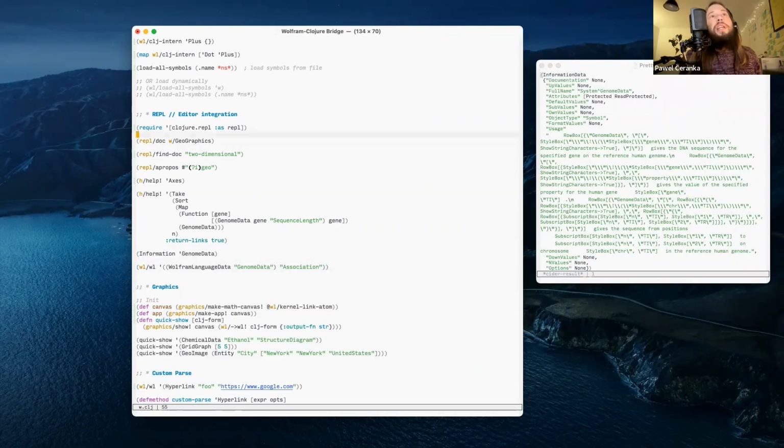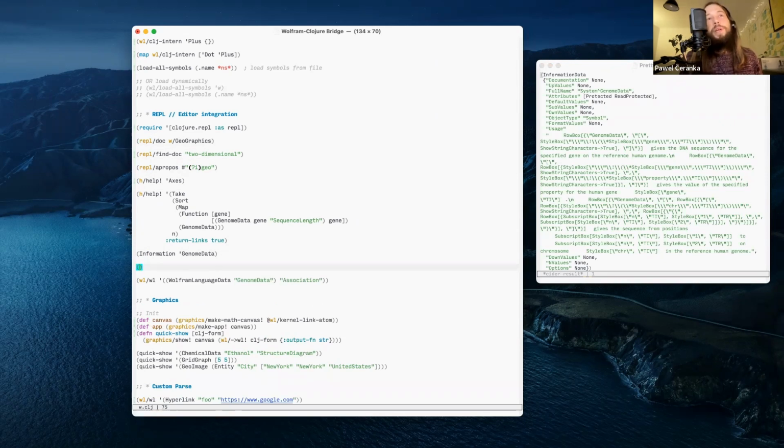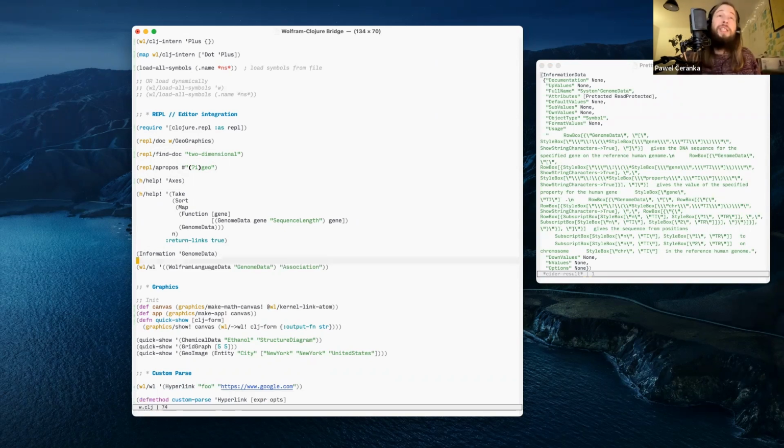Maybe that wasn't clear, but this is a Wolfram language function, because it is now part of this namespace. The cool thing is that they use a different case, Pascal case, so it's rarely going to conflict with Clojure stuff. So for this kind of exploration, it's cool to load the symbols and just use them as you would normally do.